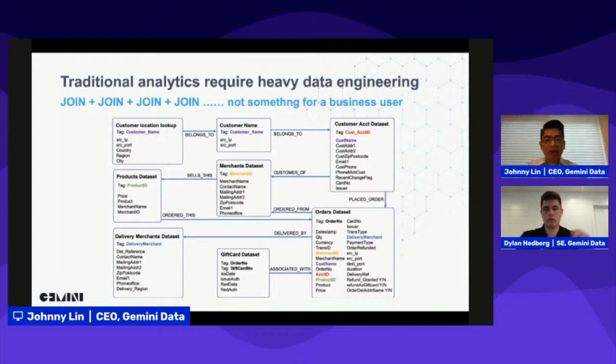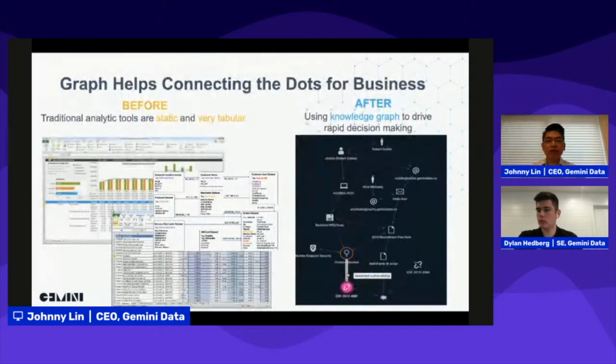So as time goes by, the technology has shifted over the years. And what we are seeing in the market today is that most people realize the limitations of those traditional analytic tools, like the ones you see on the left of the screen. These are very static, very popular. We've been using them for a long time. No problem there, but there's actually a better alternative, a faster, more efficient, more productive way to use data, especially for those that are a great fit for a graph.